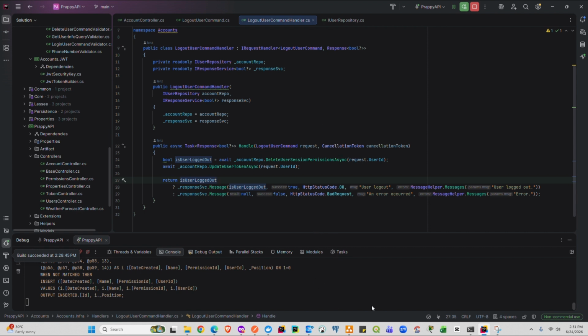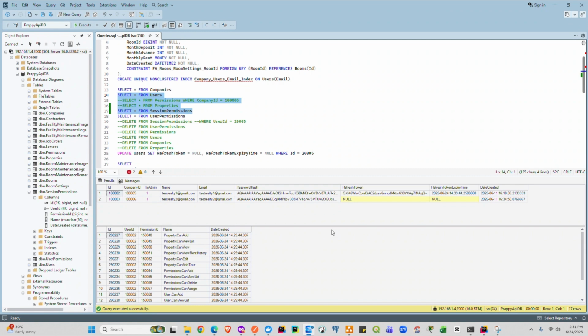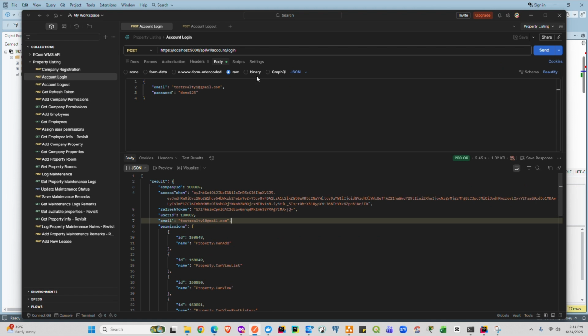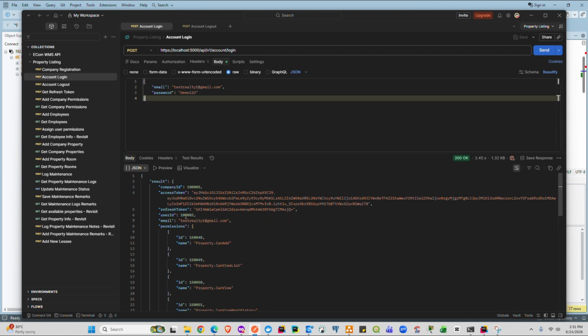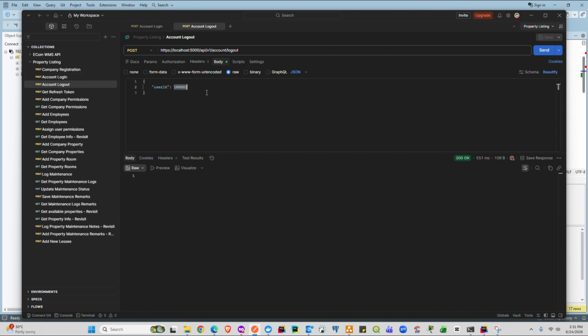Yeah, and then going back, here we already have this one, and upon logging out, what we just need is the user ID. This one here, and notice that when we log out,